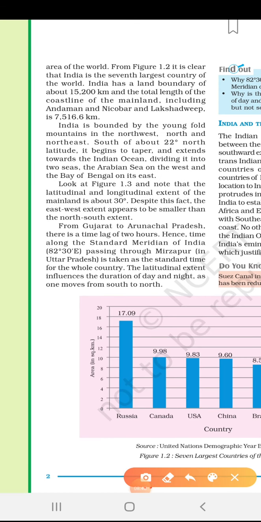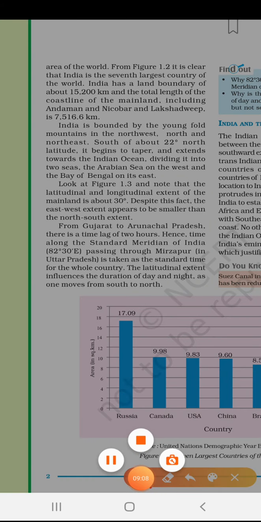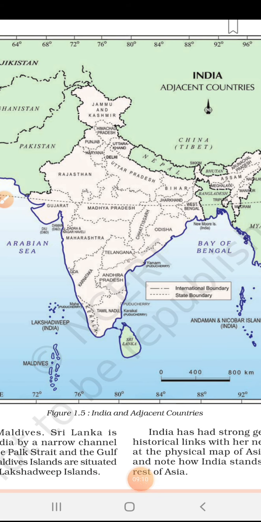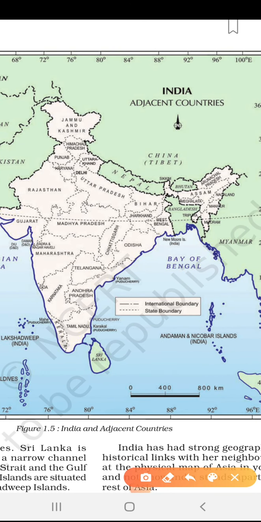And got merged with the Eurasian plate. And since the Eurasian plate is much bigger, what happens when smaller things collide with bigger things? Mountains are formed. Okay. Now I'll show you the extension of the Himalayas from north to east. So the Himalayas are like this.